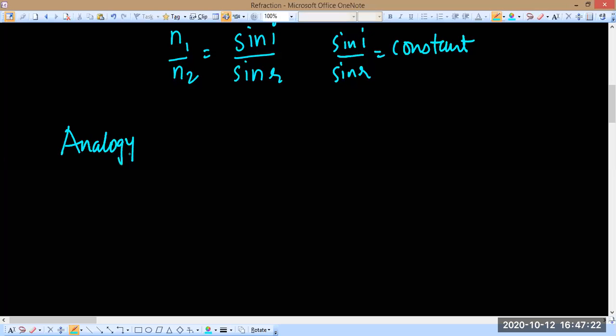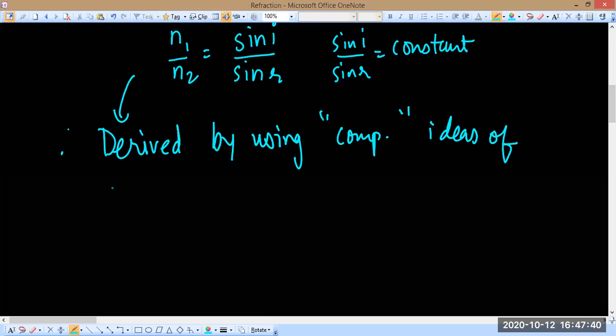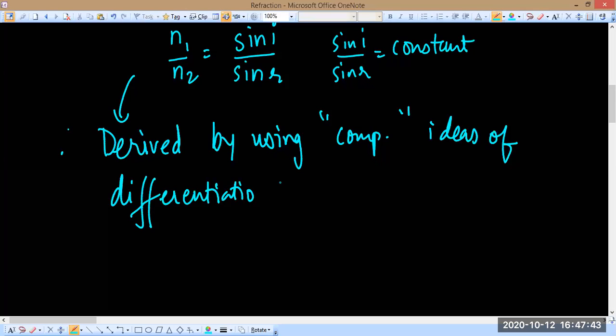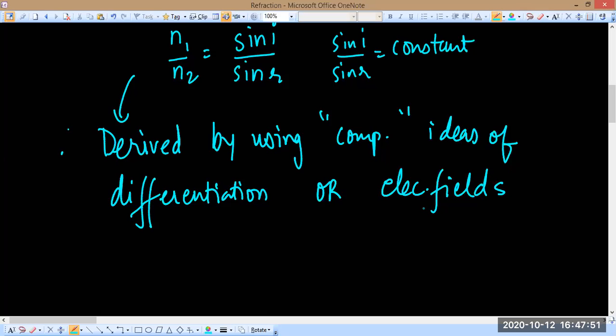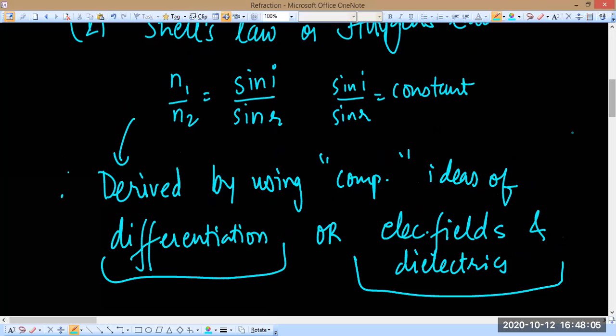Was there a derivation also, Avinash? Derivation, this can only be derived by using complicated ideas of either differentiation, or electric fields and dielectrics. Okay, one or the other, it can't be done without these two, so there is no derivation of it. Okay, it is impossible for high school students to derive this law. So what you have is just verifying, verifying. Okay,